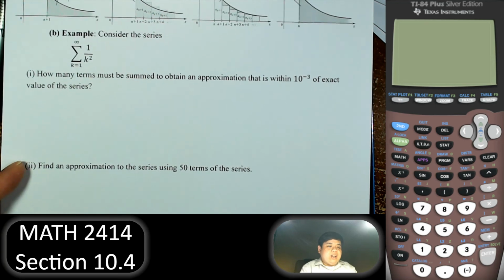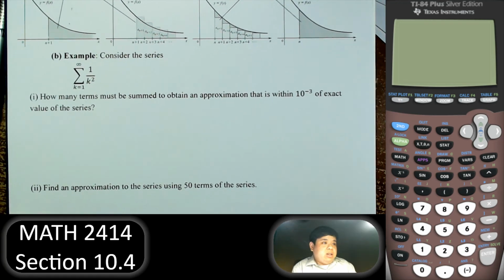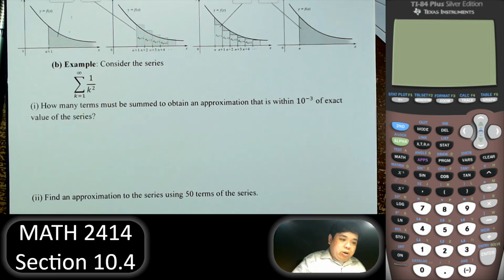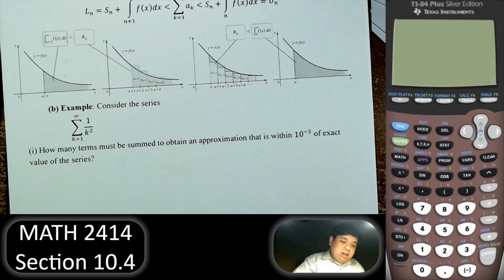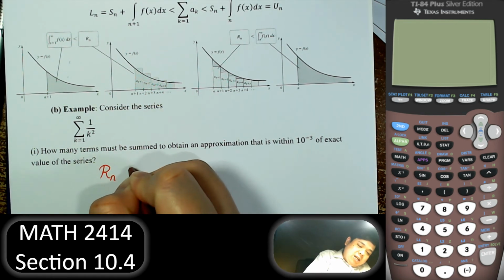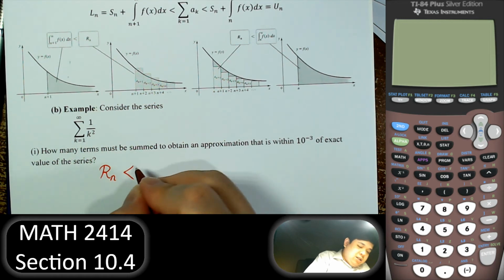Let's look at one example. Consider the series here. How many terms must be summed in an approximation that is within 10 to the negative 3 of the exact value? Right, so all we do here is just do the integral test. So first of all, we say r sub n, the remainder, is going to be less than the integral